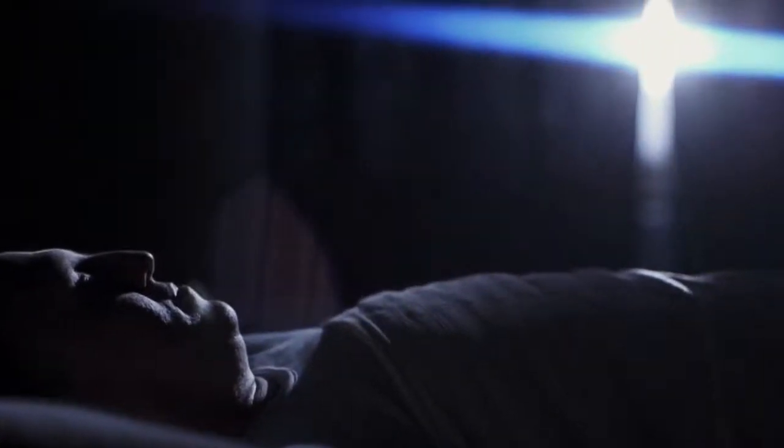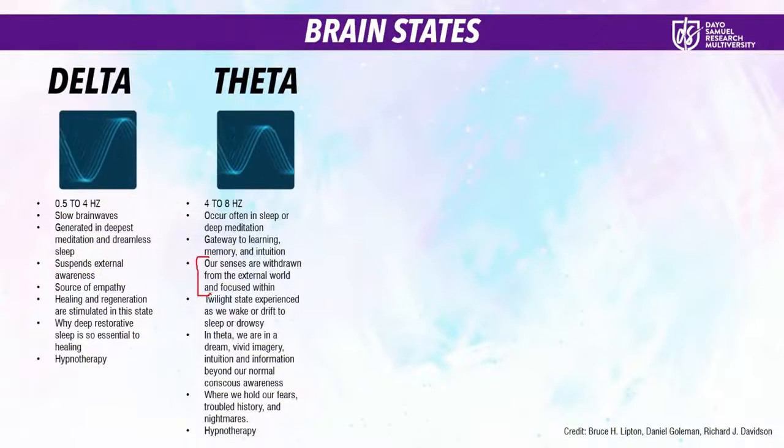Twilight state, which you experience as you wake up or as you drift to sleep. And sometimes when people are drowsy, sometimes when people are drunk, when they don't have full control of their conscious mind, their logical thinking, that's the state where people speak from. So sometimes when people say that they are hypnotized, what has happened is they have taken them to the theta state. They have altered their consciousness to enter into theta state, and at that point they can reveal secrets